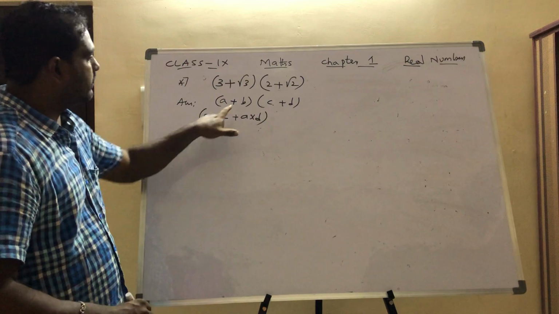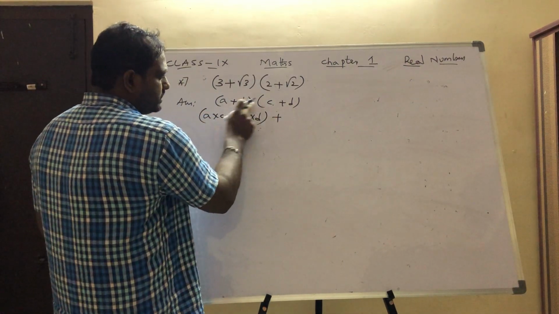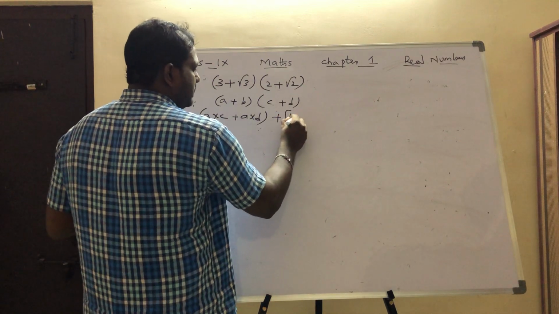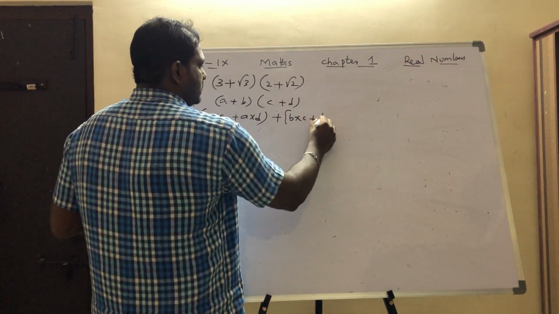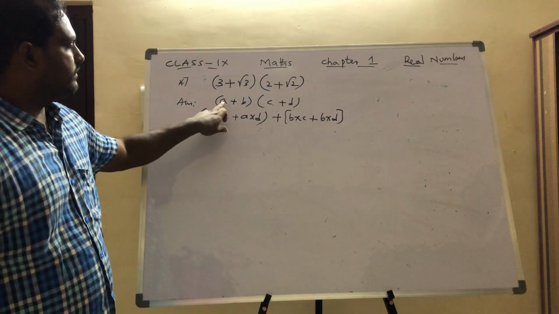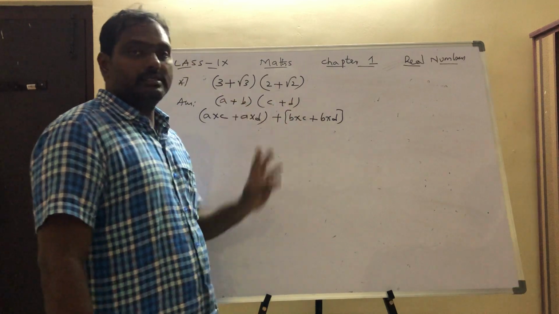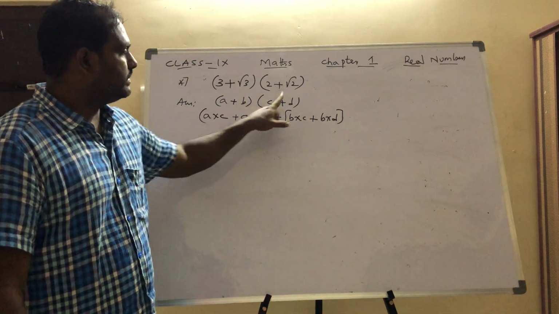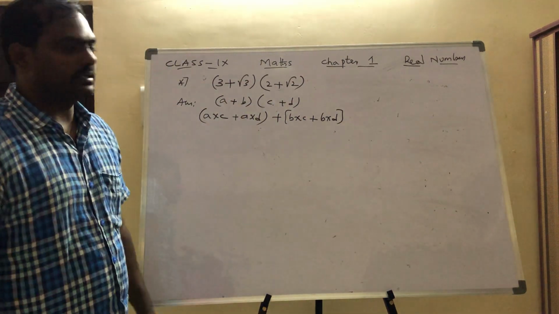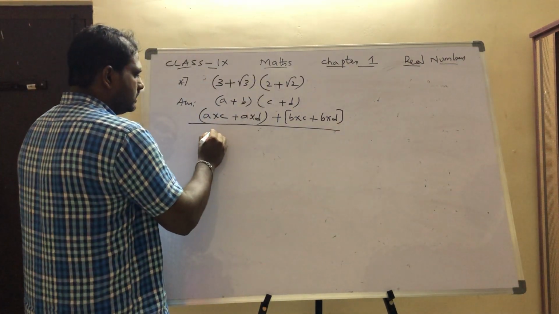Now this was finished. Now what is the symbol here? Plus. Now I multiply b with these two. What I'll get? b into c plus b into d. That's all. That means first you have to take this and multiply with these two. Symbols, don't forget the symbols. Then next I have to take this and multiply with these two. That is the answer.